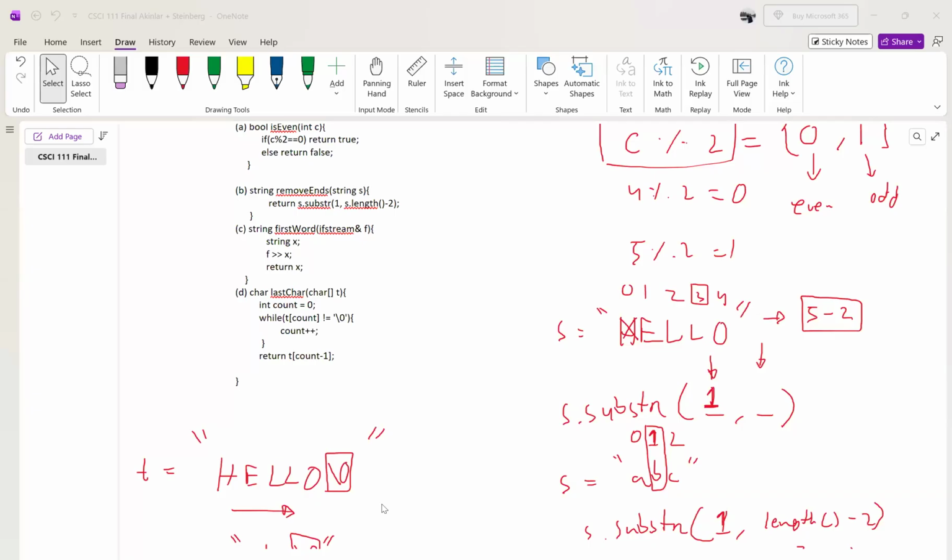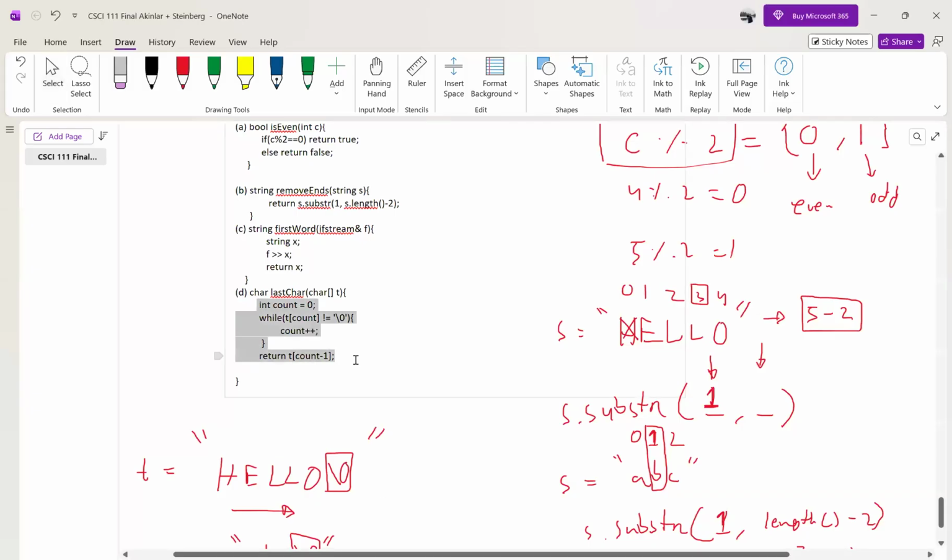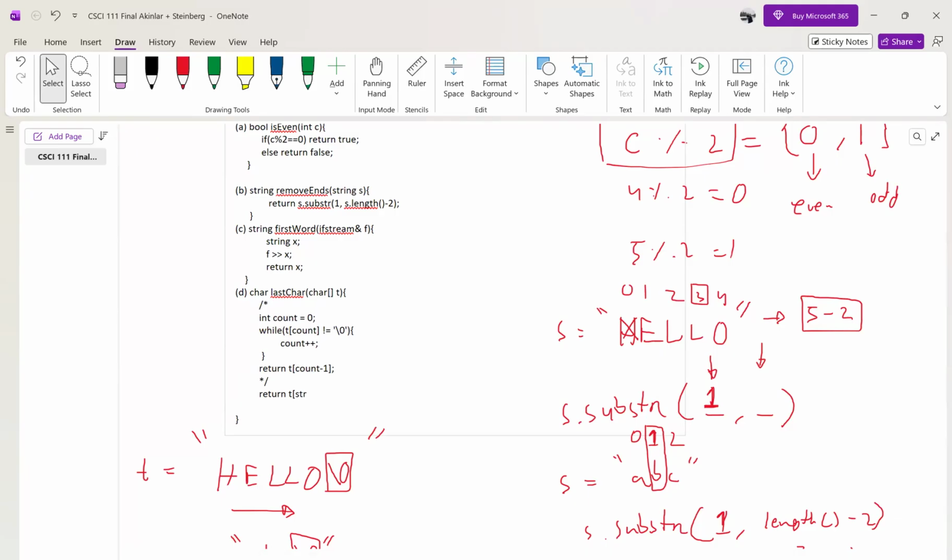Okay. Yeah, strlen. So instead of having all that, how do I comment it out? I can't. Let me use this thing. This is a block of comment, so it doesn't run when I run the code. Instead of having all that, you can return something like t sub str length or strlen,